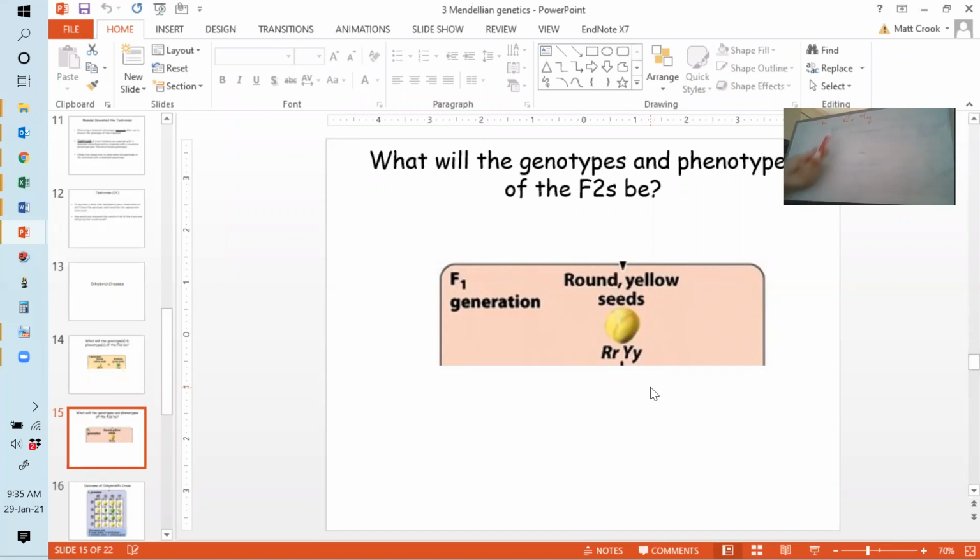Good. So yeah, you get 4 because you got 2 by 2 combinations. So you have 2 by 2, 4 potential combinations, right? And this is where it gets a little funky. Essentially this is the point that can trip you up in a cross with 2 genes, right? You have to think, what are all of the possible combinations, right? Because you could have big R, big Y, right? You could have little r, little y, right? So essentially you can have the same gametes that you would from the parents, right? We don't actually give these a name, but they're essentially the same gametes that you would get from the original P generation parents. But you can also get